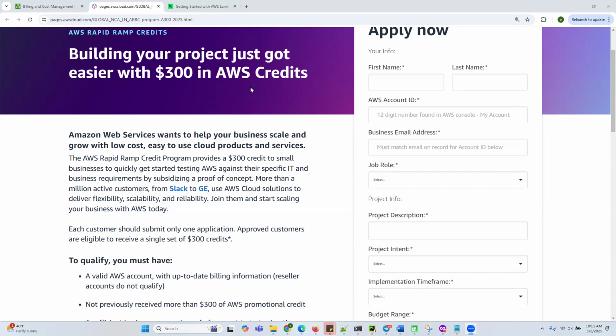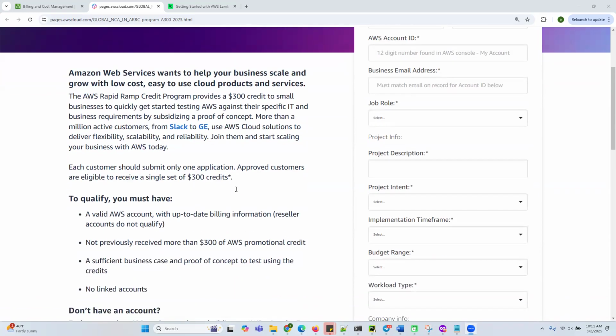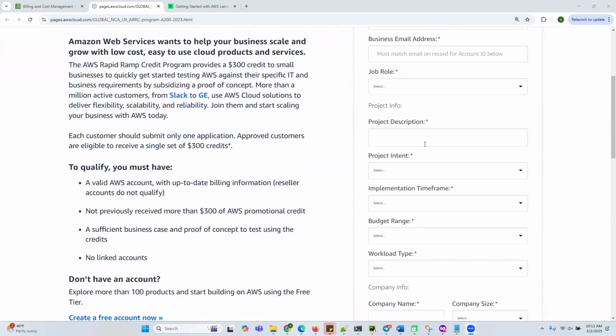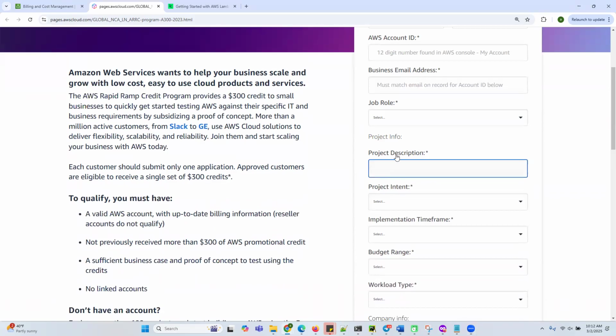They will take 15 working days to check your POC, because it is not free for everyone. It depends on how good a POC you are giving. This project description is the important part here. If your POC is good, your use case is good,